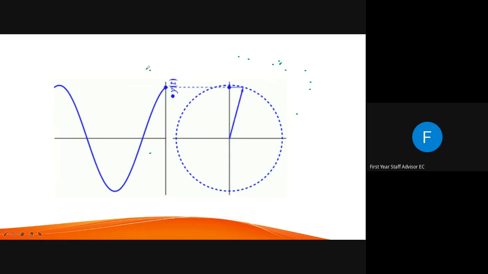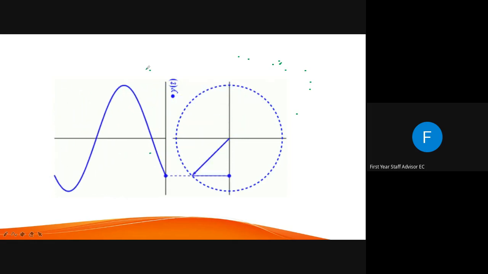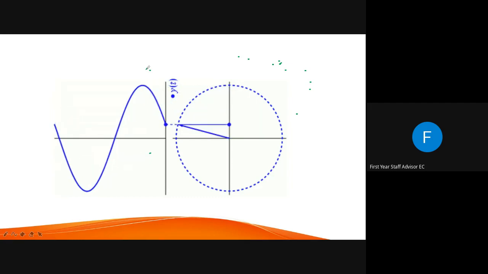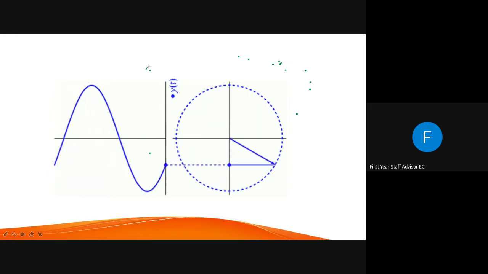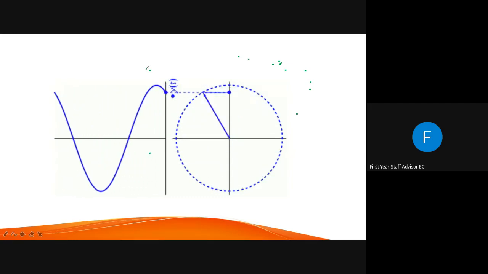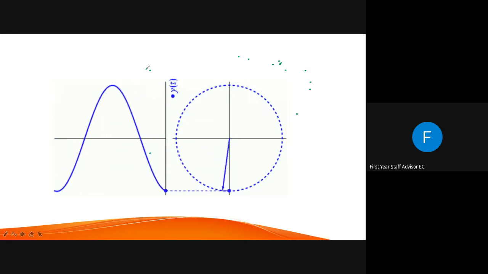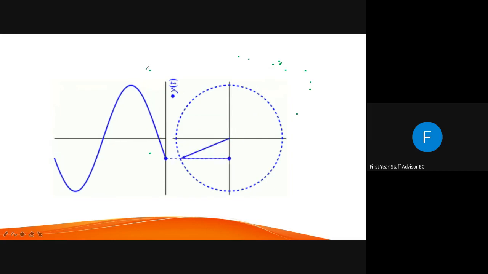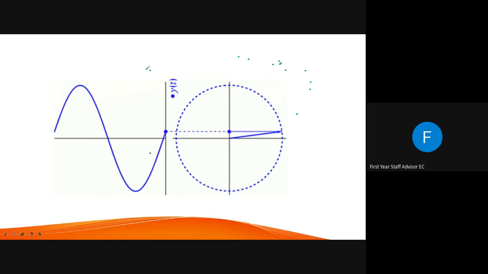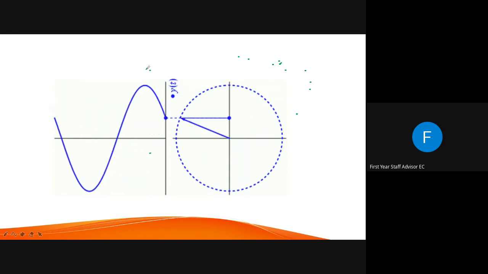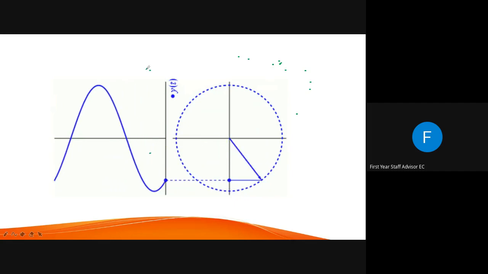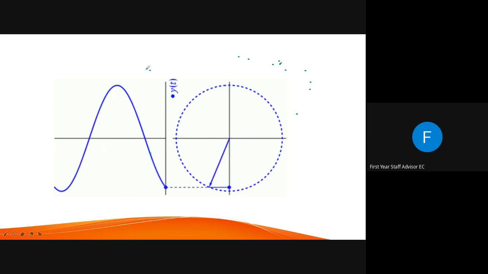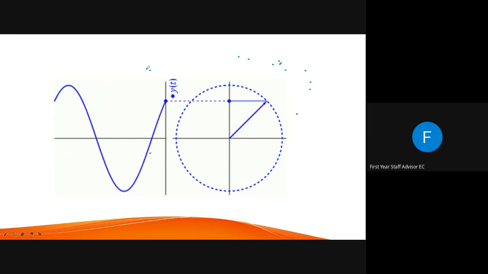Look at this diagram or animation. As the sine wave moves from zero to positive peak, the phasor also rotates from 0 to 90 degrees. Then from positive peak to negative peak, the phasor is also rotating from 90 degrees to 270 degrees. And when the waveform completes one cycle, the phasor returns back to the initial position, that is 0 degrees.